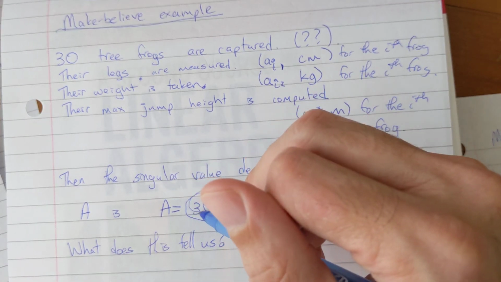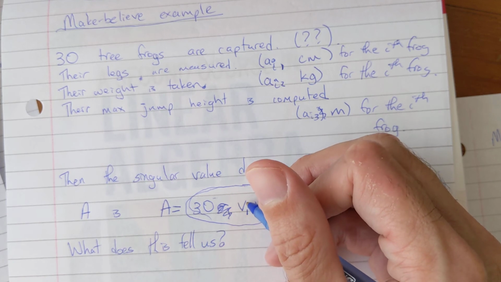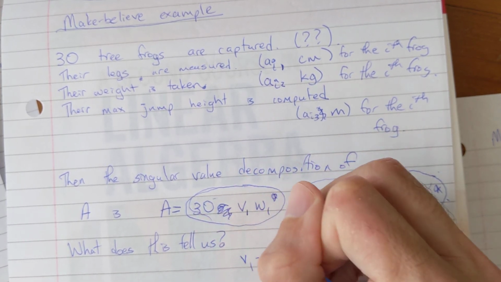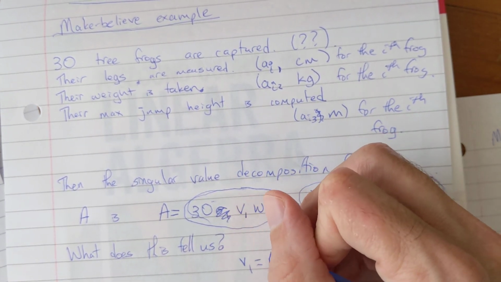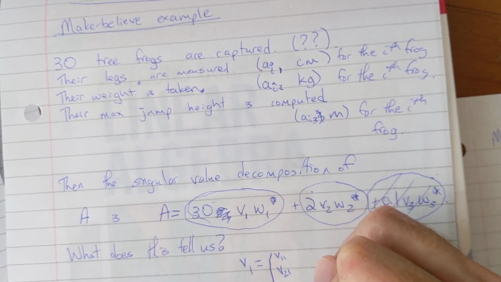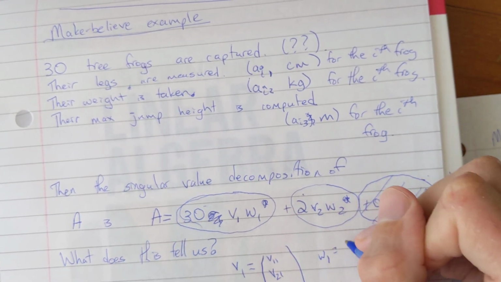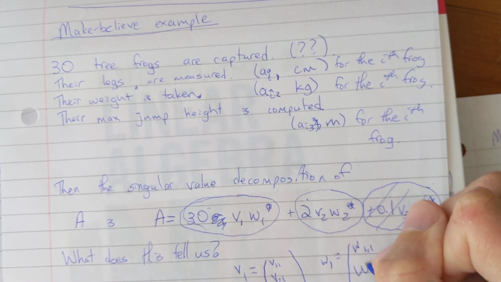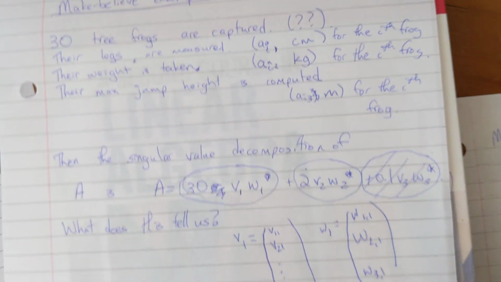If we look at this matrix and we write V1 as V11, V21, all the way down to V31, and we write W1 as W11, W21, W31, then this says that